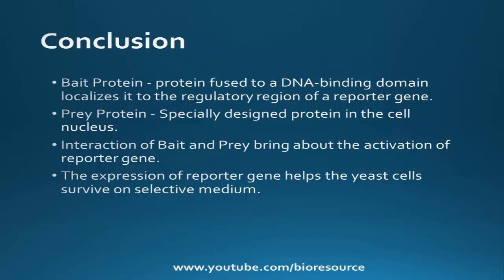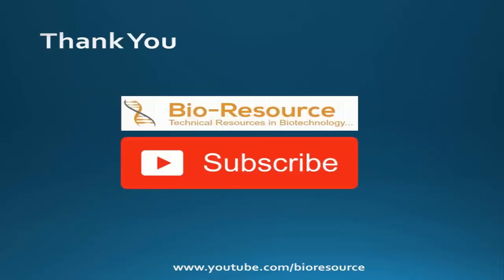In the reverse 2 hybrid system, the reporter gene can be replaced with a gene that kills the cells when bait and prey proteins interact. Eliminating a particular molecular interaction can reveal something about the role of the participating proteins in the cell. In addition, compounds that selectively interrupt protein interactions can be medically useful. A drug that prevents a virus from binding to the repressor protein on human cells could help people avoid the infection. Hope you are clear with this topic.